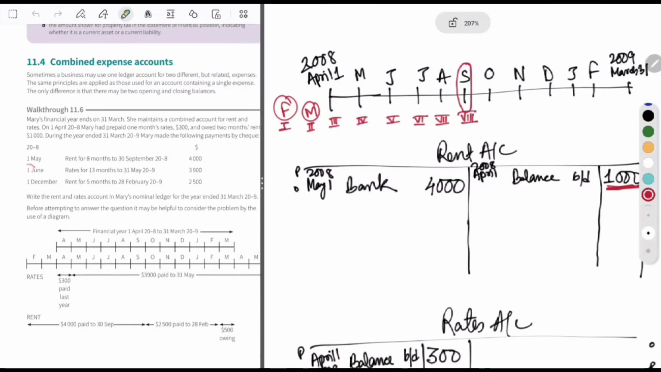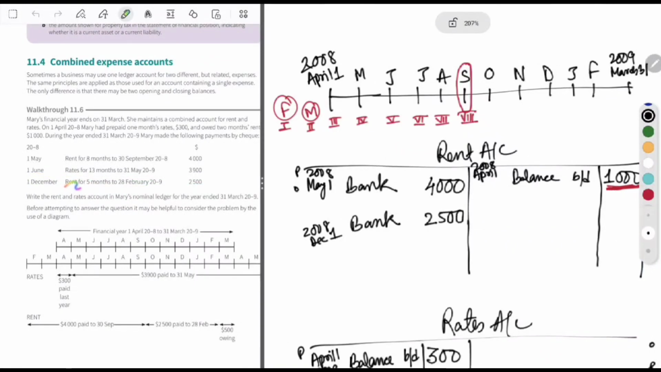We have here 1 June 2008 rates for 13 months. We'll look into it, but let's complete rent at first. So this is 1st December rent for how many months? 5 months. So write down here what we are going to write. On December 1, 2008, again rent has been paid for 5 months until 28 February 2009. Amount is 2500. So simply write